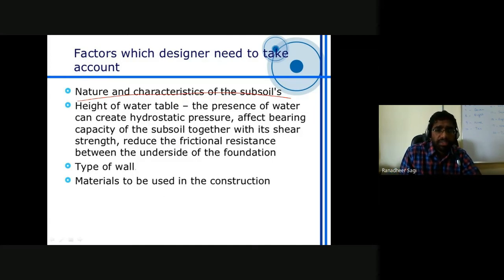We should also be subsequently deciding on the type of retaining wall or retaining structure that you should be using in that particular case, and what are the different materials to be used in the construction, and obviously the availability of the materials in the nearby location. That also has to be thought of, because if you want to go by the design of that retaining structure with some material, but that material is not locally or easily available, the design aspect you can satisfy, but the economical aspect you have to compromise on in such a case.